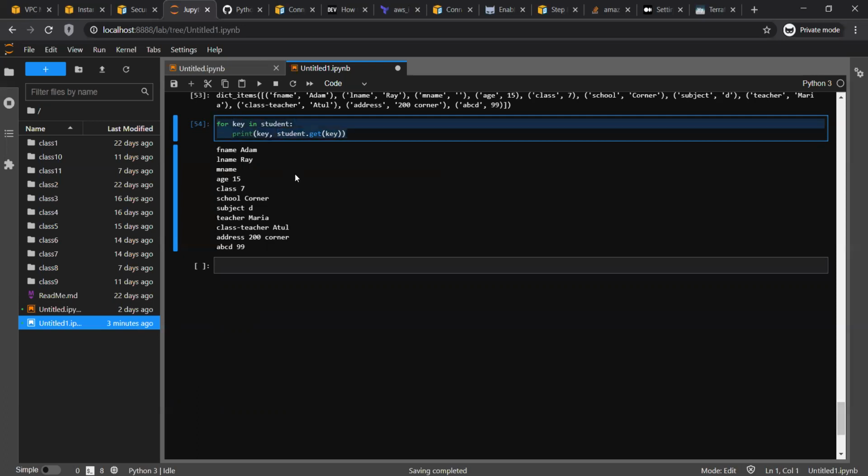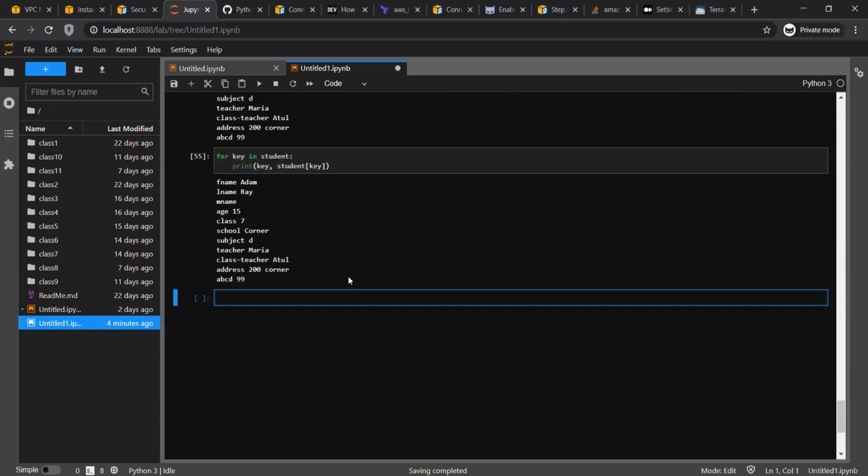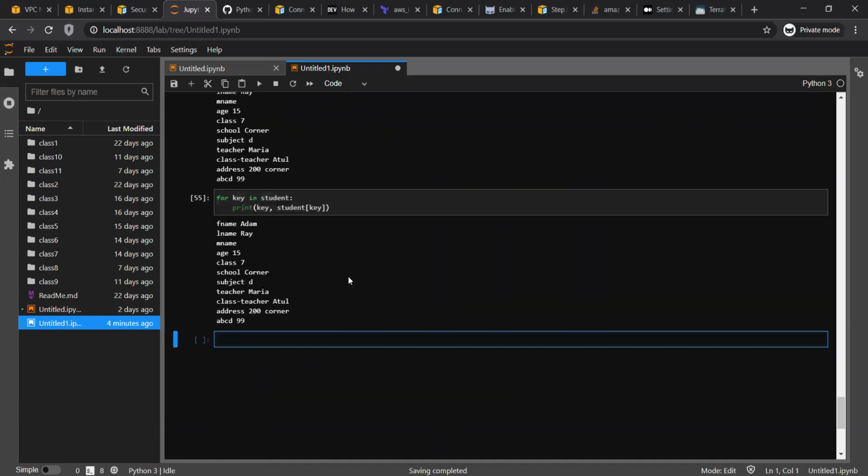That's why we avoid the other way whenever we write it, because it's a little better to write it this way. Because here I know whatever key is coming, that 100% exists in the dictionary. So if I don't use get, that will work perfectly. But yes, that's how you have to traverse. But if someone is coming randomly and asking for a random key, then you have to use get.